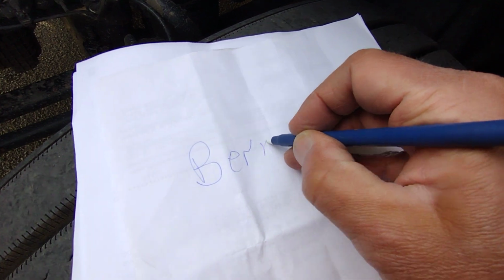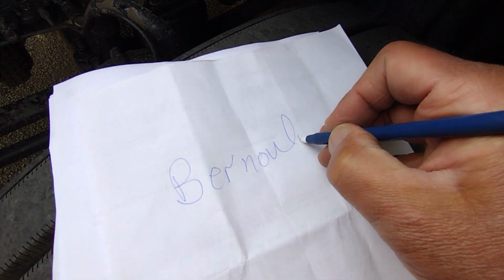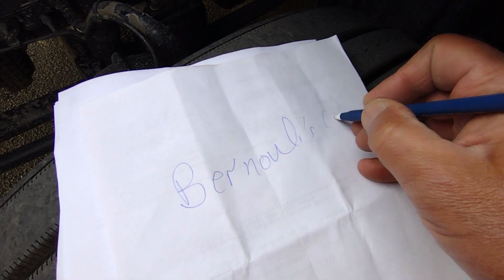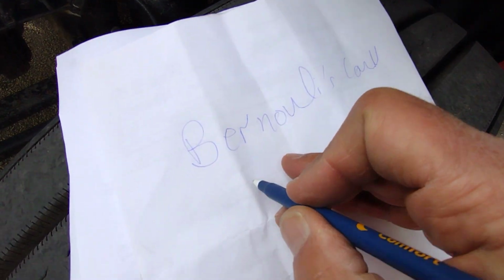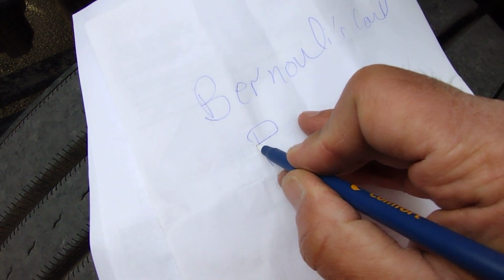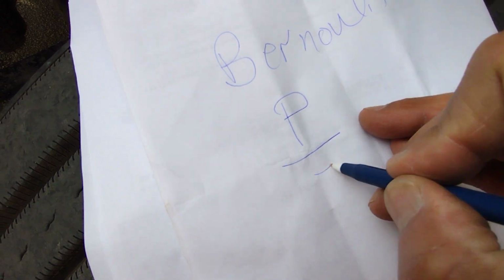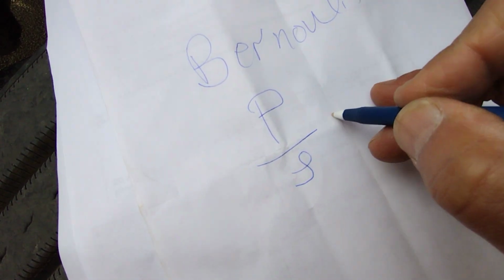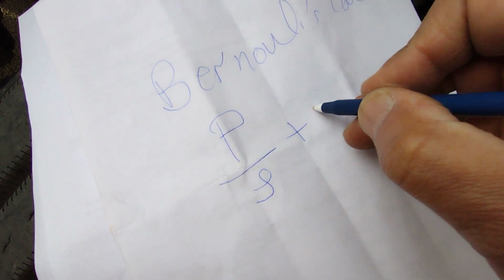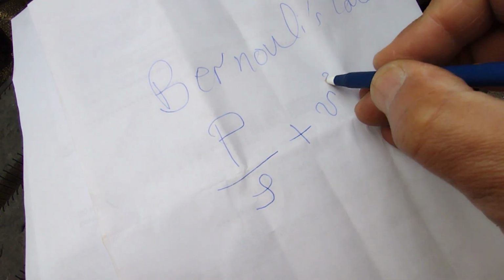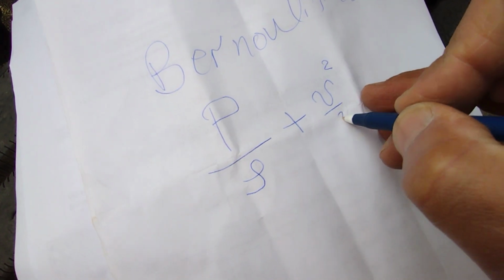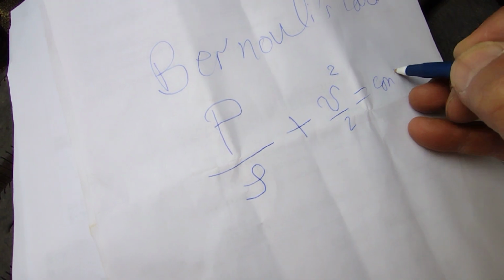This is Bernoulli's law. How does it look? It says the pressure of the gas or the air divided by the density of the air plus the square of the velocity over two equals a constant. Forget about the constant. Anyway,